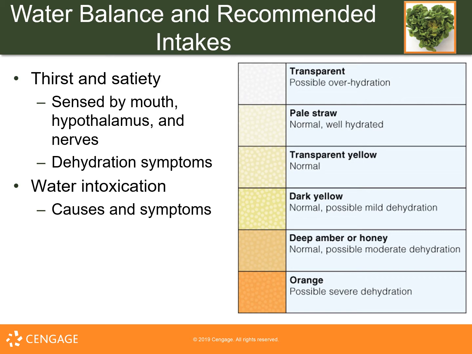There's also a term called overhydration. You can be overhydrated, but that is very rare. It can lead to a condition known as hyponatremia. Hyponatremia: sodium concentration decreases in the blood, and this can impair neural and muscular functioning. The symptoms make a person look like they're drunk or inebriated, which is why hyponatremia is commonly known as water intoxication. And this condition is more prevalent, not in sedentary or average people, but in endurance and